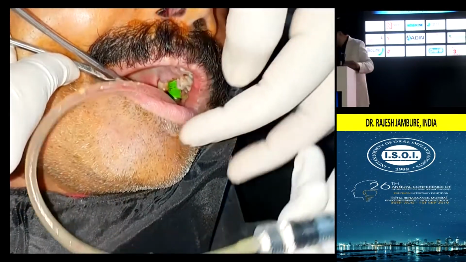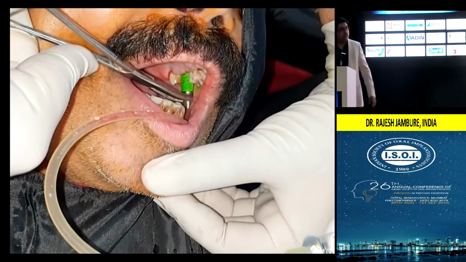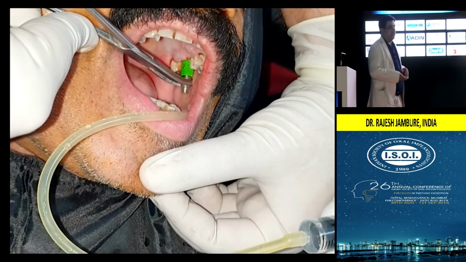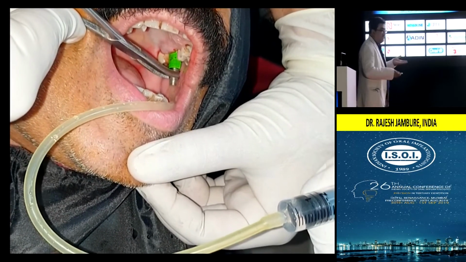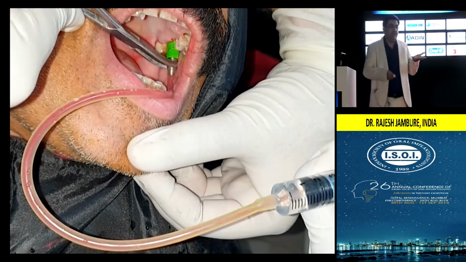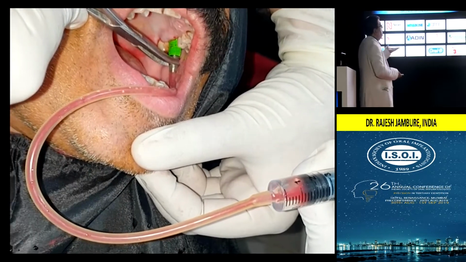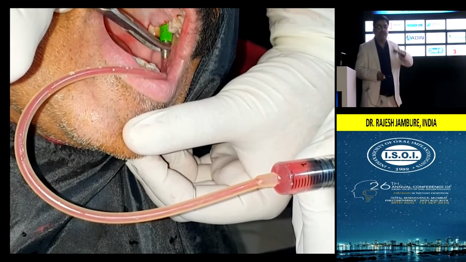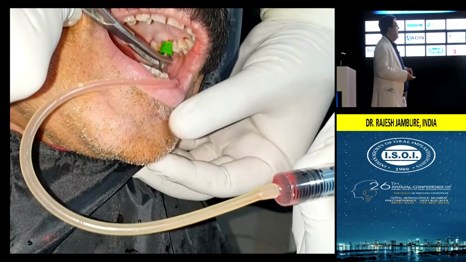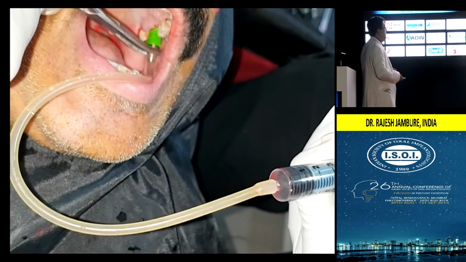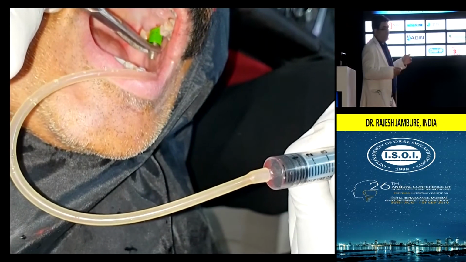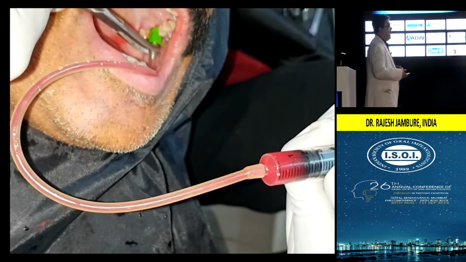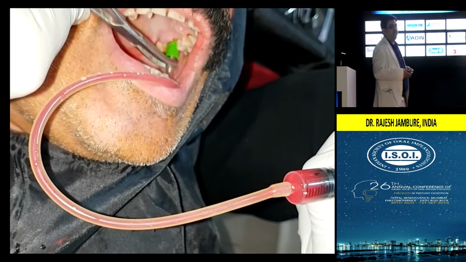So these hydraulic lifters which we use are to just lift the membrane. Now osteotomy is to prepare, and once we use these hydraulic lifters, the membrane is lifted with this, and it's one of the safe procedures. Now here we push the saline inside, and we try to retrieve it back to confirm that there is no perforation as such.